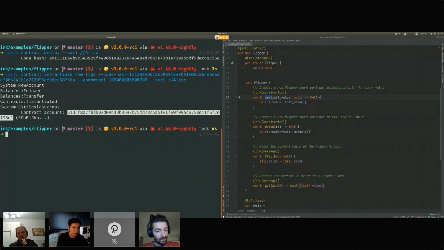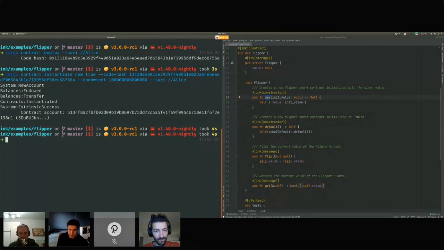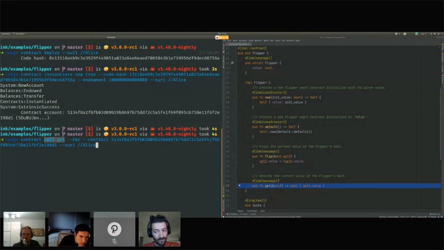So we're going to copy that. Now we have an instance of our Flipper contract running on our local chain, and now we're going to query it. We're actually going to query to see what the state is. We're going to call this function here on the right hand side, which is get. So I'm going to call get, and you'll see here that I've added the RPC